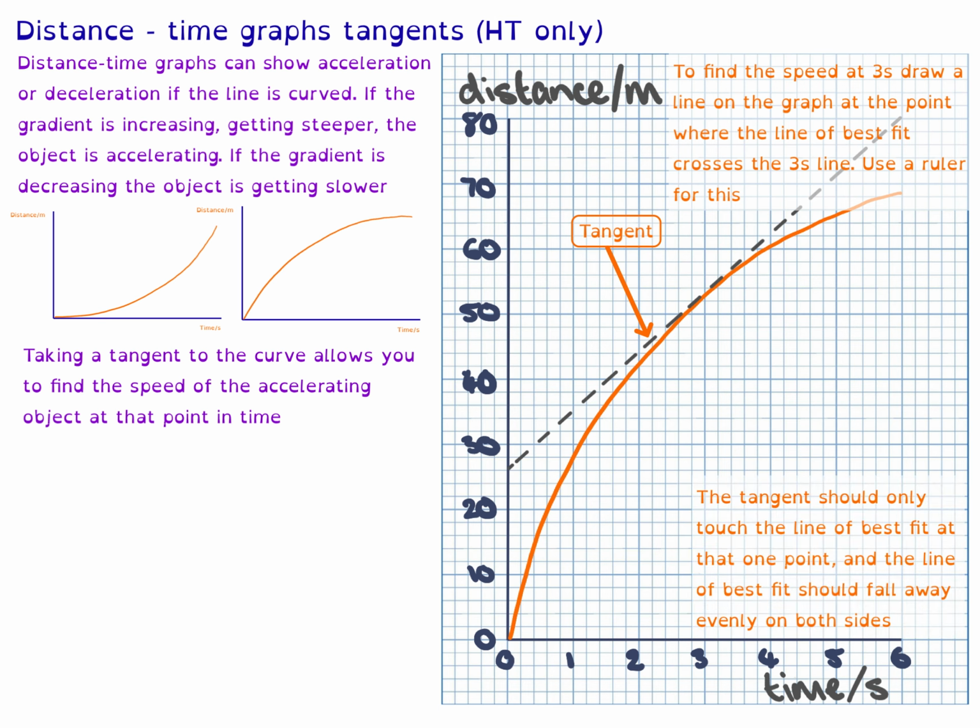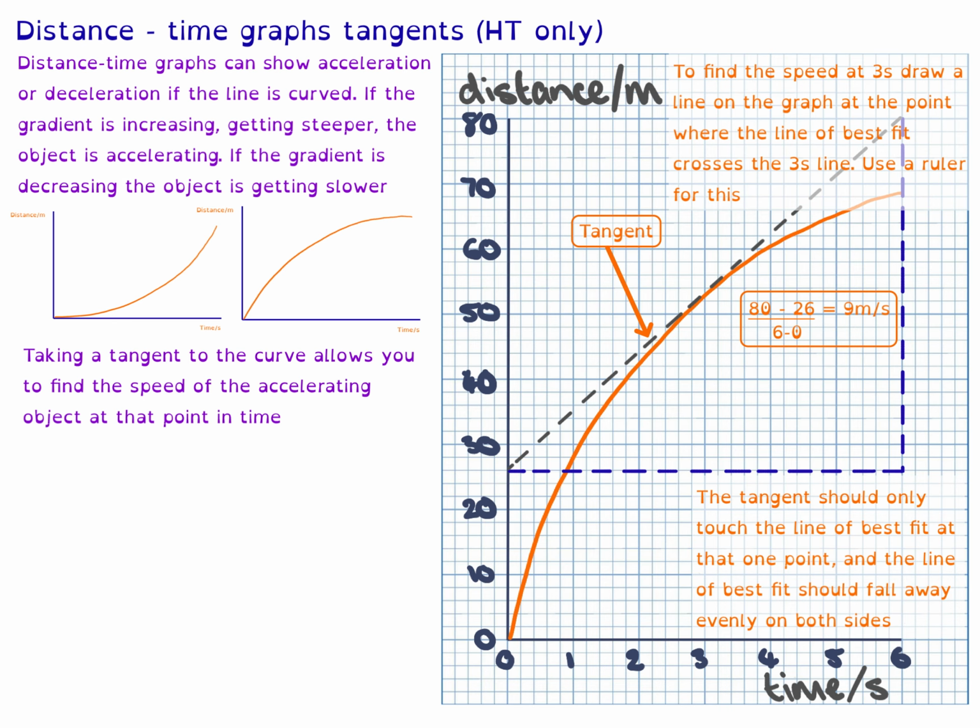The tangent should only touch the line of best fit at that one point, and the line of best fit should fall away evenly on both sides of the tangent. Then you find the gradient of the tangent by finding the difference in the distance and the difference in the time, and that gives us 80 minus 26 over 6 minus 0, which gives us a gradient, our speed at 3 seconds, of 9 meters